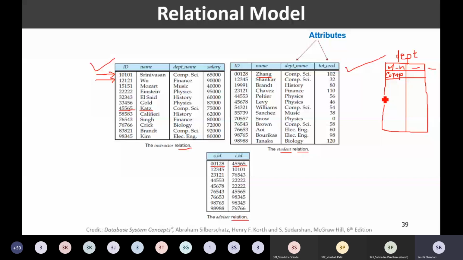So department name is borrowed from the department table. And that is why, if I refer to department name in the student table, I must ensure, or my database management system must ensure, that all those values are present in my department table. If not, it will give me the error. Right? And this is called referential integrity. It is one of the integrity constraints, and this constraint needs to be imposed to validate the data. Correct? To validate the data.